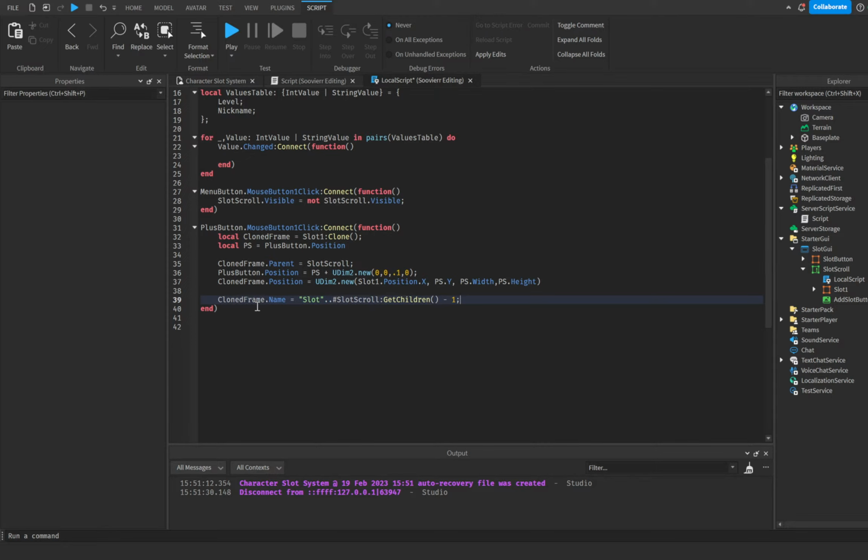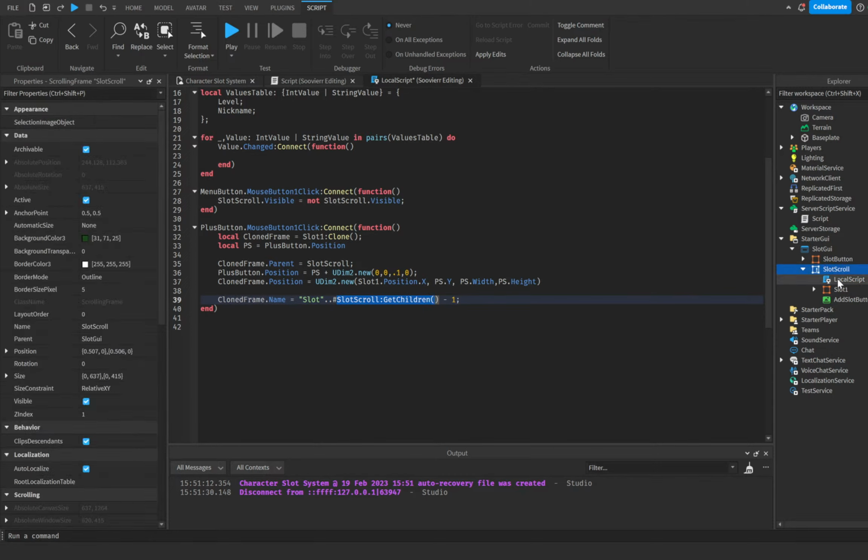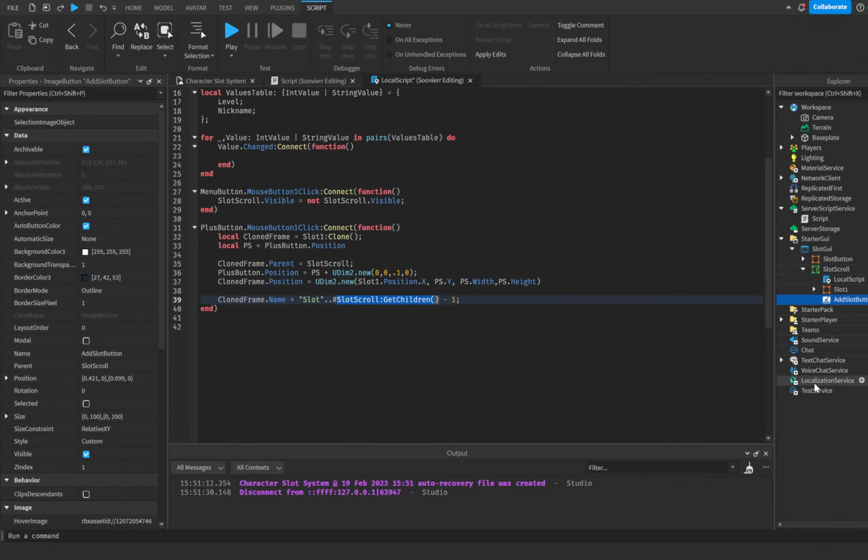So every time we make a slot, it should have its own slot number. What I'm doing is getting the number of things inside of the scroll slot. So we have 1, 2, 3. We have 3 things inside of the scroll slot, and I'm gonna subtract 1. So 3 minus 1 is 2, so that's gonna be slot 2, and then the next one is gonna be 3 minus 1 is gonna be